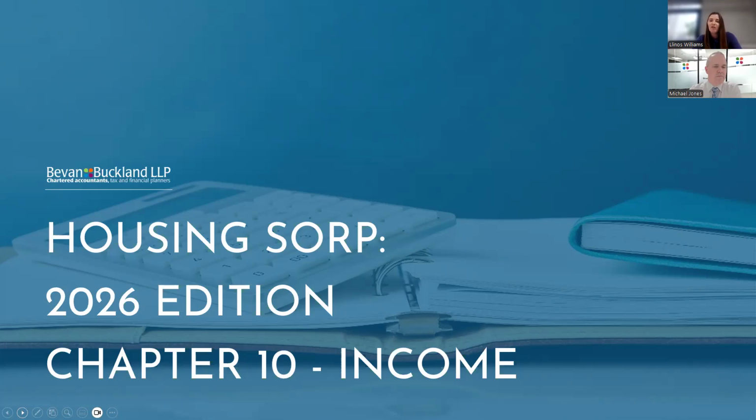It takes a general revenue model and translates it into guidance that is relevant to how social landlords' activities operate. Where FRS 102 gives us the framework, the SORP gives us the practical application. It helps us interpret the model for mixed tenure developments, service charge arrangements, supported housing contracts and other areas where judgment is required. Chapter 10 focuses specifically on income arising from exchange transactions. In other words, situations where the landlord provides goods or services and receives payment in return.